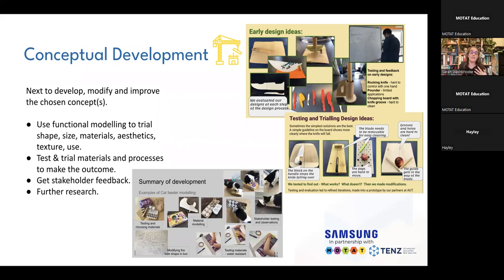Like I said before, the other thing you can test and trial is your materials and potentially how you're going to make it. Because those ideas and processes may change, you may come up with one functional model that's working really well in the appropriate materials, but there's something slightly wrong with one section of it. So you can really go to town to focus on those little areas.